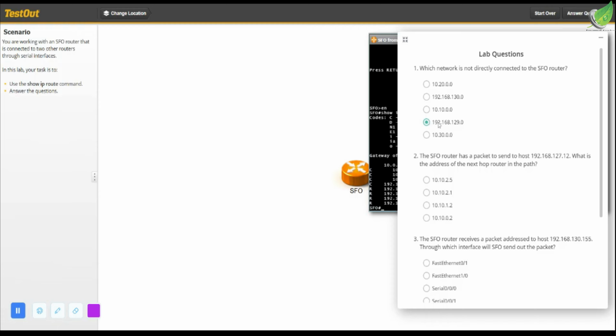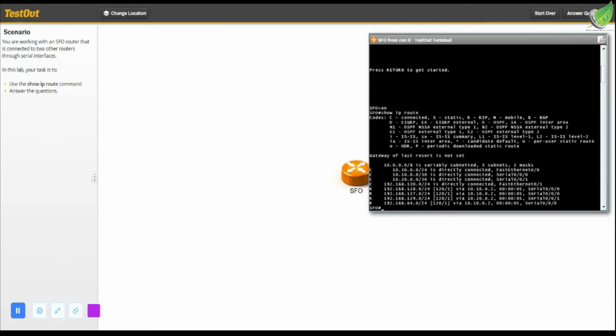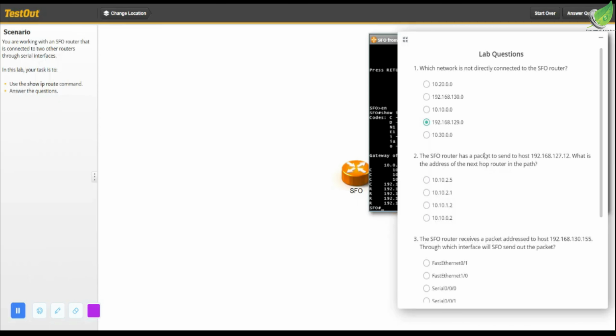192.168.129.0. The SFO router has a packet to send to host 192.168.127.12. What's the address of the next hop? So let's go ahead and get more information. Okay, so the correct answer to this question is going to be 10.10.0.2. And the third question, the SFO router received a packet addressed to host